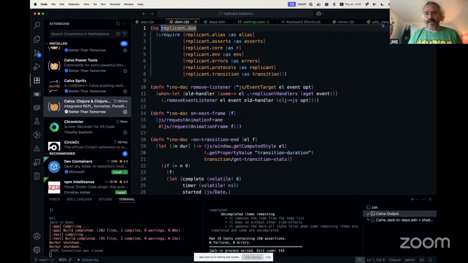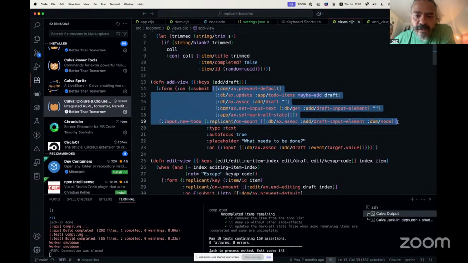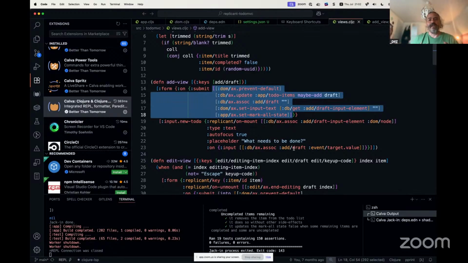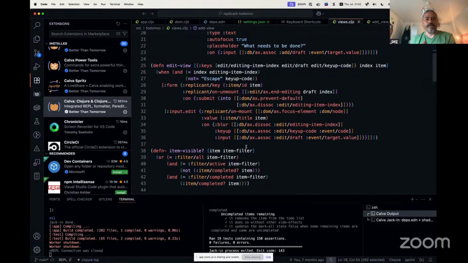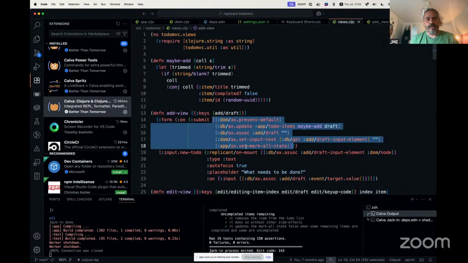But a thing with it is you get totally data oriented. So in your views, for instance, here, there's this submit handler here, for instance. You see, this is not a function. It's actually data that is being returned. So everything here is data. So that means that if you write your views in a way that